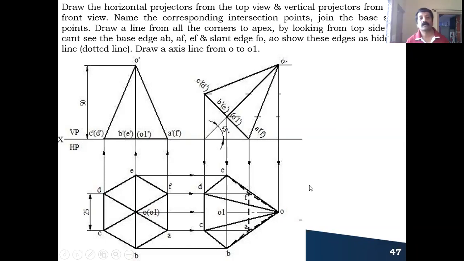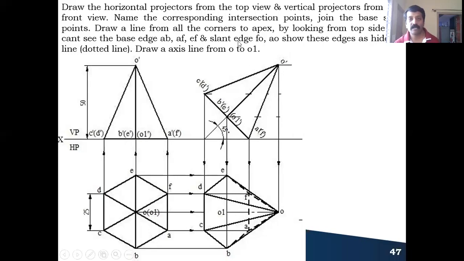So after identifying the points, all the base points as well as the corners of the base to the vertex or the apex, you need to join it. This is compulsory, how to remember this. You should not leave even a single line. And first you draw all the lines with the thin line. Now you can identify which is hidden and which is the